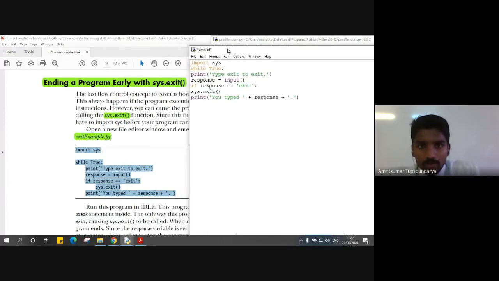What we are going to do here is print something in a loop. So it will be kind of an infinite loop. But since we want to exit this loop when we achieve our objective, we will exit the loop using this system exit function.